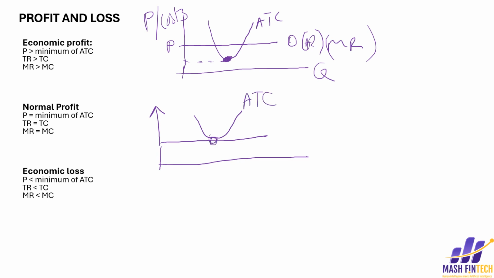This is the minimum point, and this is the demand. The price here, price, costs, quantity. If the price touches the minimum point of the average total cost curve, we have no more profit. So in this instance, we have no more profit. And the normal profit by definition is